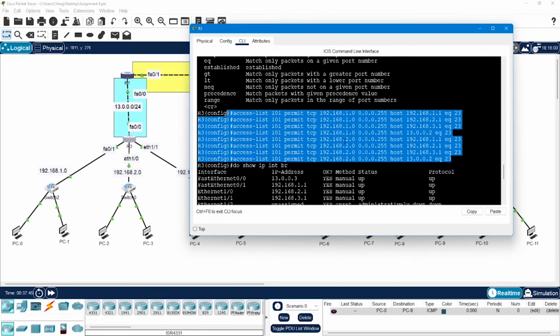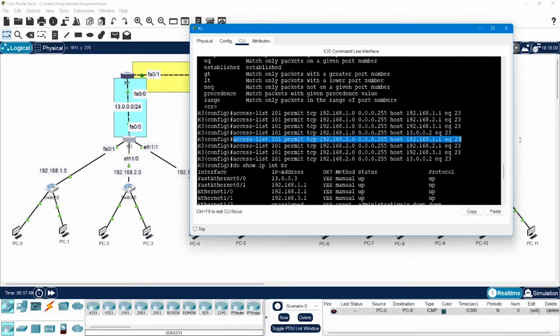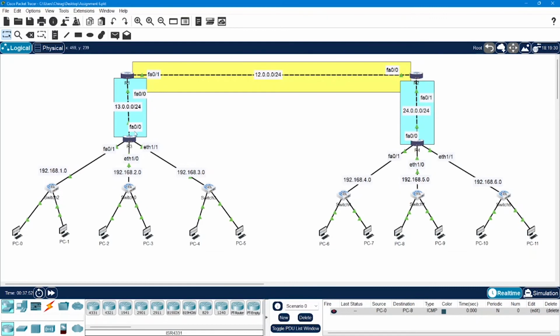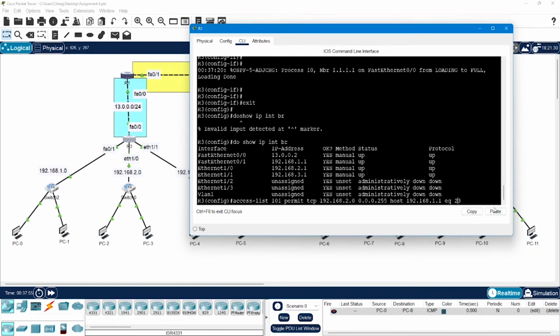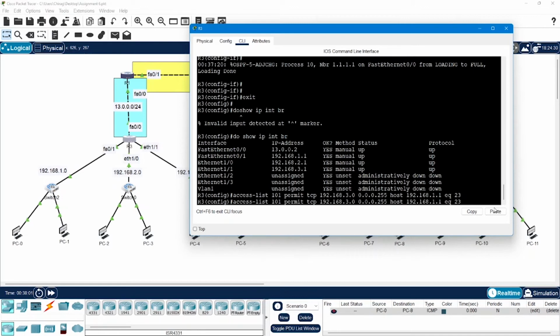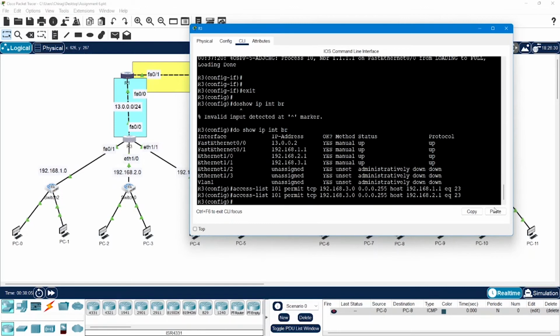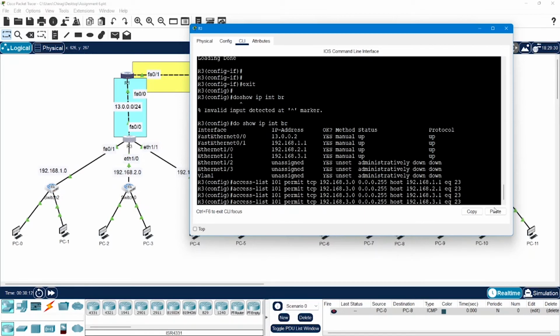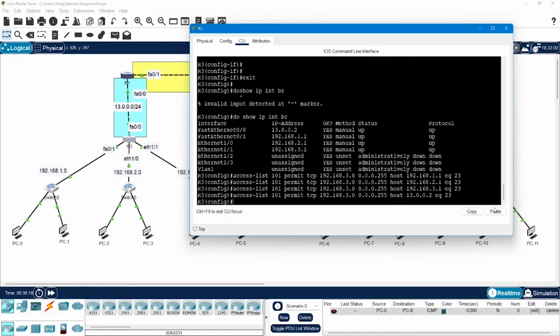Now I also have to define it for network 192.168.3.0, right? I'll just copy this, paste it here and make the changes. So this is going to be for 3.0, right? Then we will make it for the host address 192.168.2.1, then for the host address 192.168.3.1, and then 13.2. After permitting 192.168.1.0, 2.0 and 3.0 for all the 4 host addresses, which is 192.168.1.1, 2.1, 3.1 and 13.2, we also have